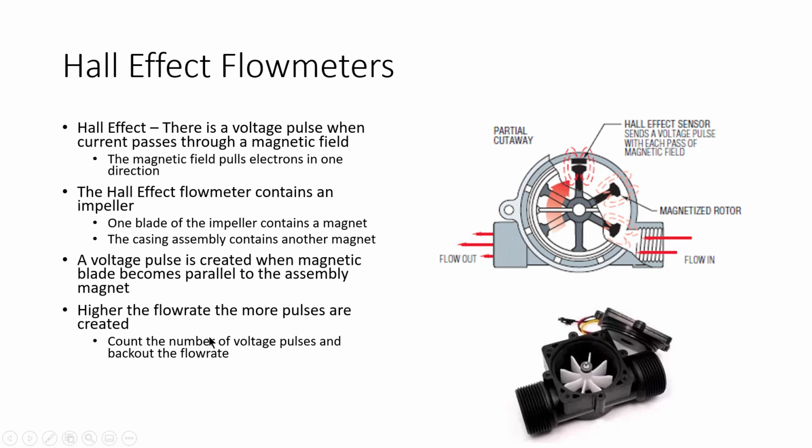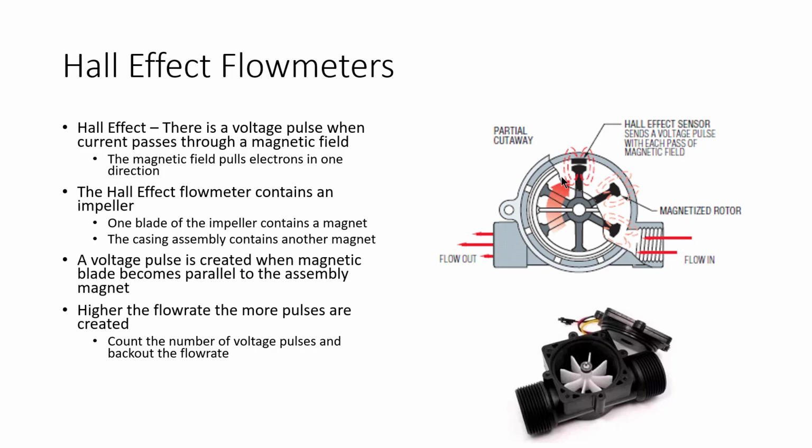So the idea is you create a voltage pulse and then count the number of times you're creating that voltage pulse, and that is a measure of the flow rate. So we'll be using this Hall effect flow meter to calculate flow rates as well. And of course, for all of this, the most fundamental way to calculate flow is to use gravimetric flow measurements. So we'll also be measuring it by collecting a known volume over a given period of time